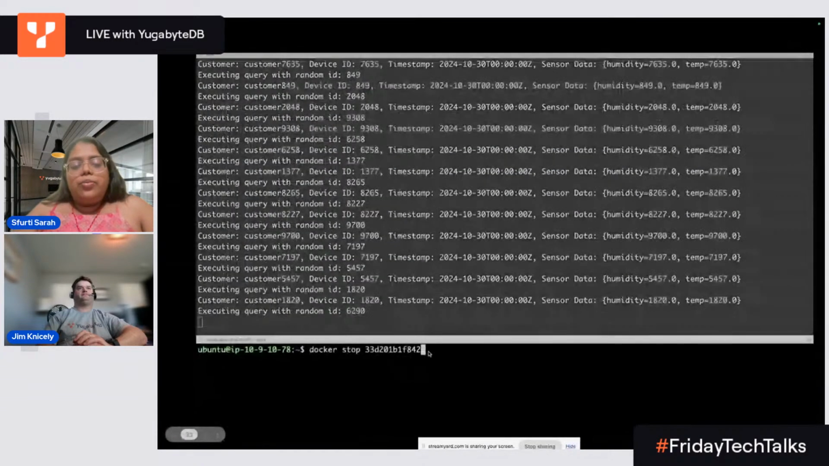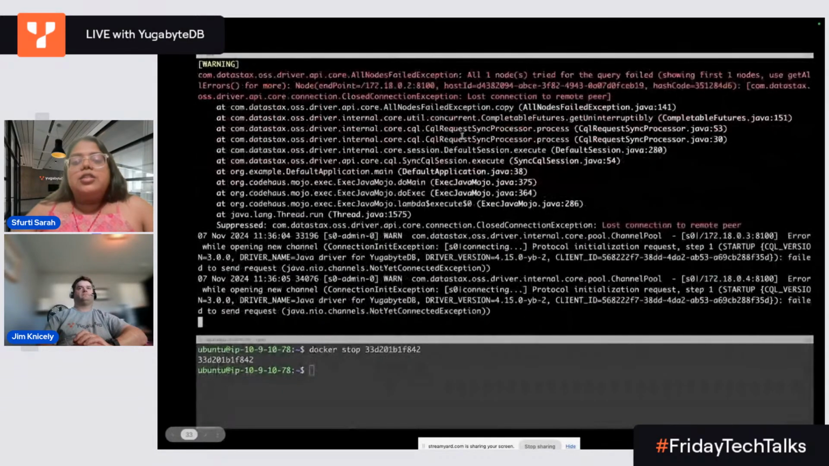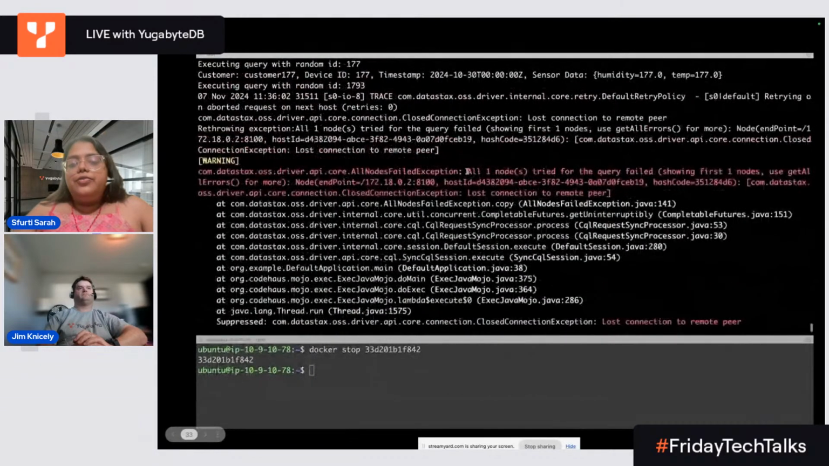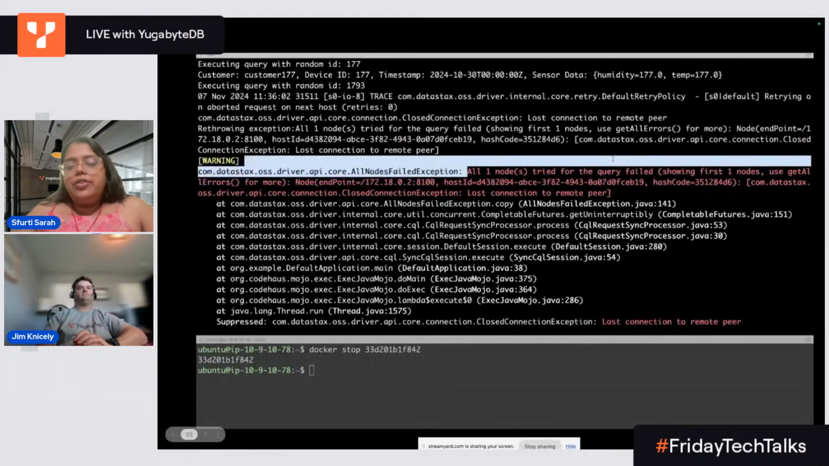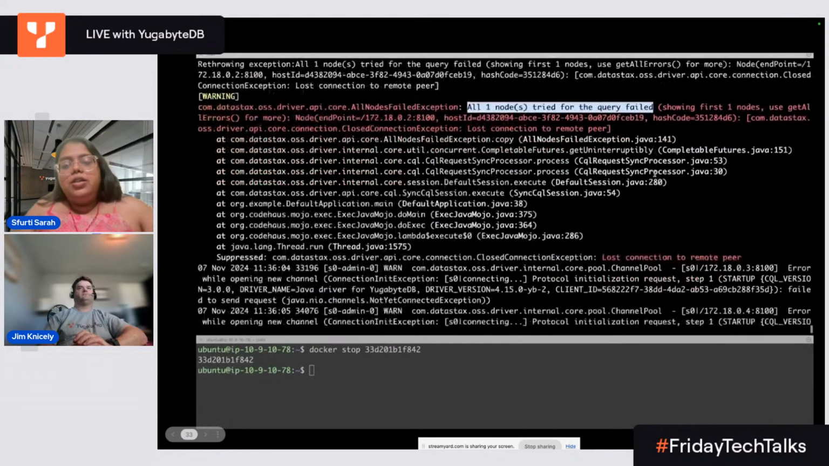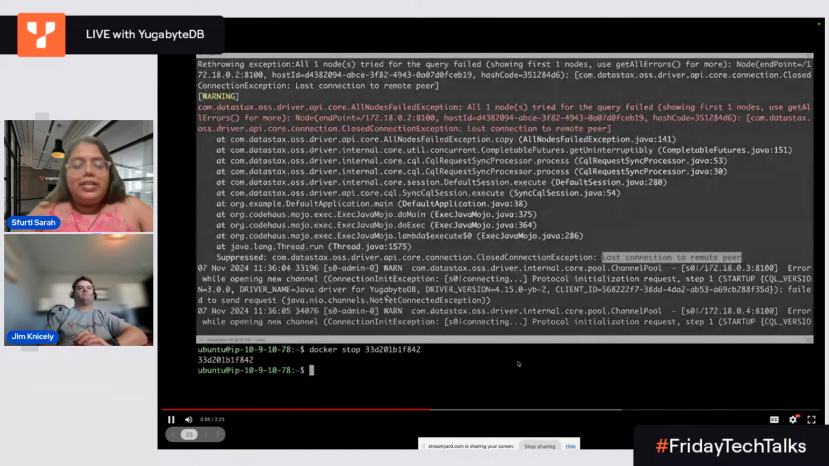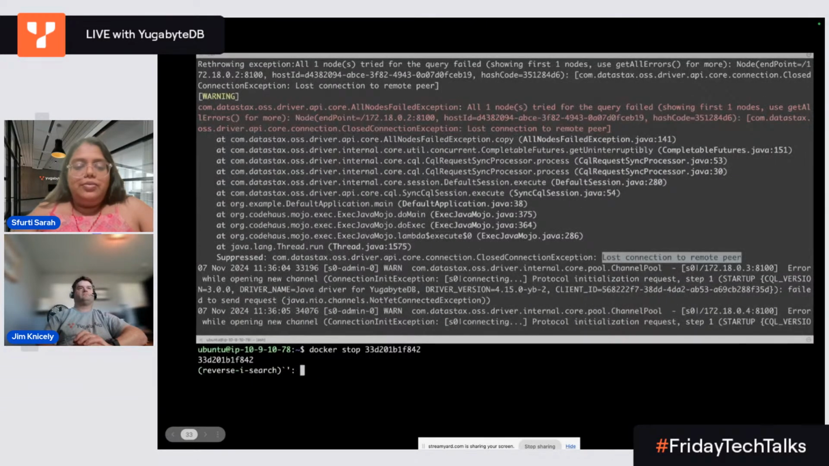Now we will stop one of the nodes and you'll see the app instantly fails. This is because it tried sending the request on a different node, but there was no different node available to the driver. So the app will immediately fail here. Now let's restart the node,